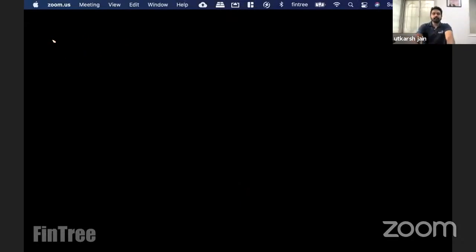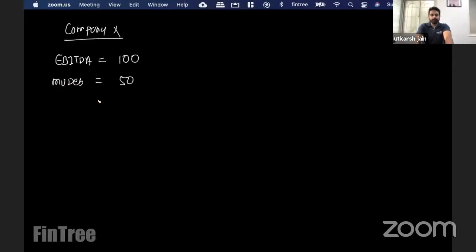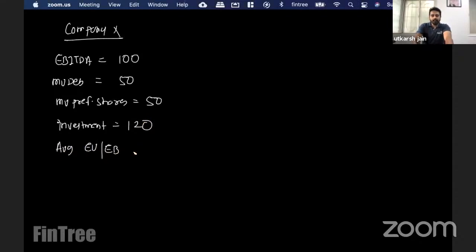Okay. So let us say we have a company X which has an EBITDA of 100, and it has a market value of debt of 50. It has a market value of preference shares also this time, 50. It has some investments of, let's say, 120. The average EV by EBITDA multiple in the industry